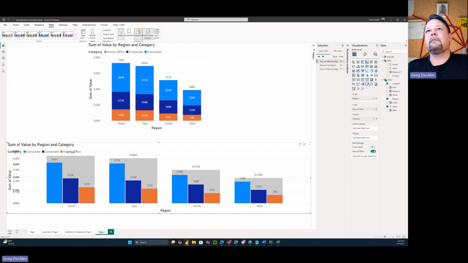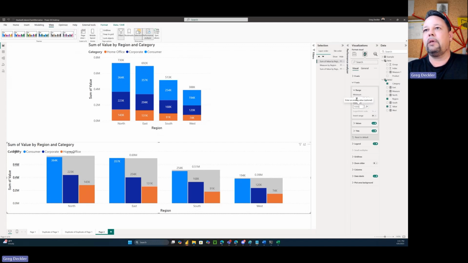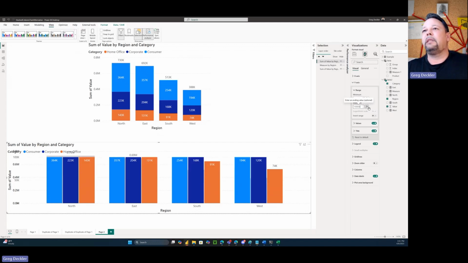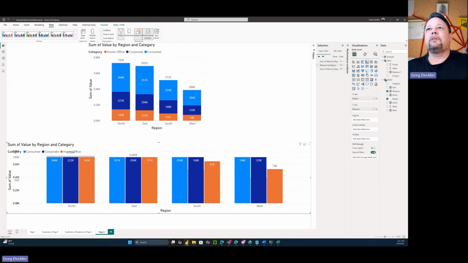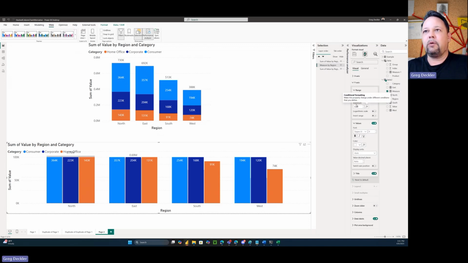Again, back to this, and then come to here, go to the y-axis, let's say 0, and then 1 million. And I suppose that we could make this dynamic, right? We could always make it dynamic by writing some more DAX. Sure, whatever. Take the upper value and then multiply it by some factor of safety, right? Okay, so we've got that. We go back to this one. We also go to its y-axis, and we have to make its values be white again. And then we set the same exact 0,